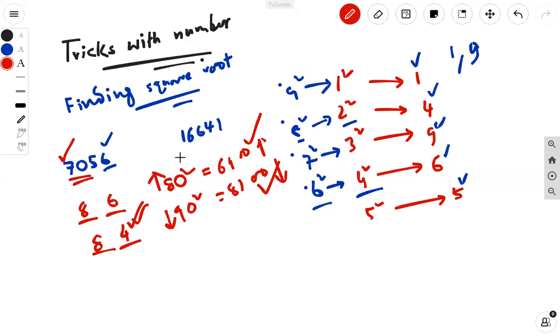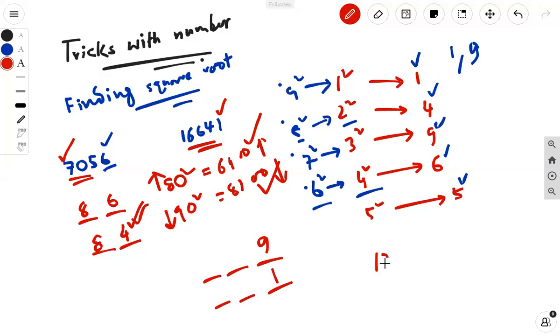This is very easy. Now find this one. This one is another part. Now you can see the last number is 1. So you can easily say that the last digit of the square root must be 9 or 1. So it can be 9, it can be 1. Now there are two digits before.